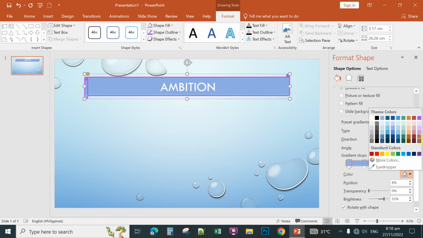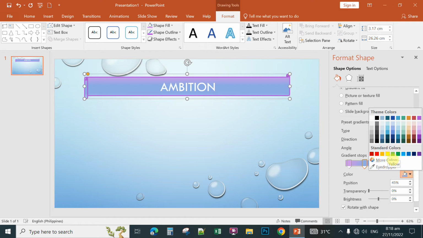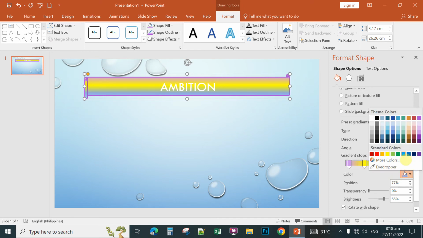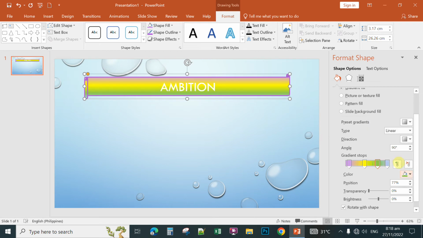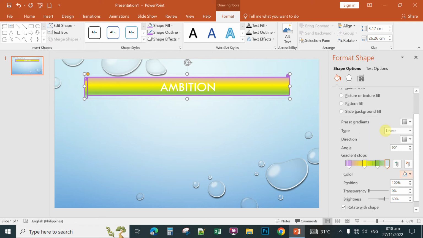So for example, like this color, and then you choose another color, click again the second gradient stop here and then select another color. For example, you want yellow and then select another color. If you want, click the third gradient stop, then for instance you like this color, then another color here if you want to add another gradient stop. Okay, so for example, you like this color. Okay, so that's how to use the gradient fill to fill the shape in